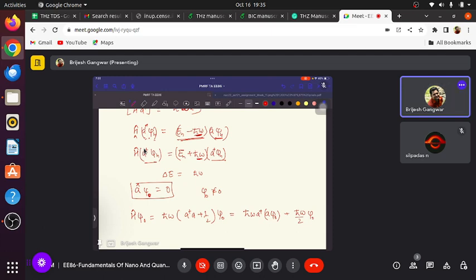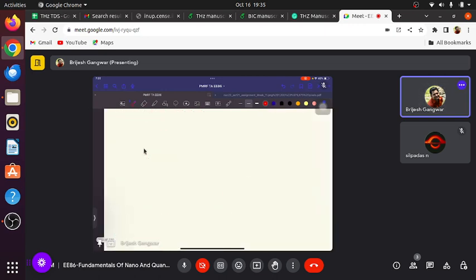Okay. So the first term will give you 0. So this lowest state will be h cross omega by 2 psi naught. So this will be your ground state energy for the simple harmonic oscillator. In this way you can operate this ladder operator.